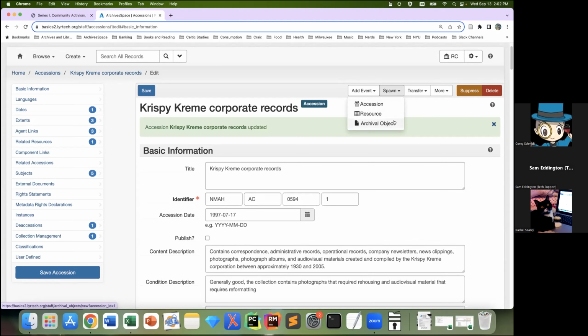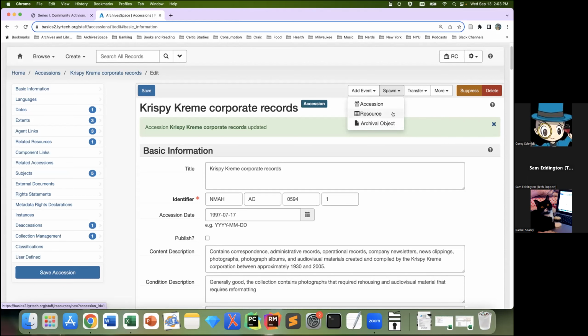That is super useful in the case of accretions, because what you can potentially do is take your accession record and turn it into maybe a new series in the resource record that already exists. But I am going to demonstrate how the spawning functionality works, of how you can turn an accession record